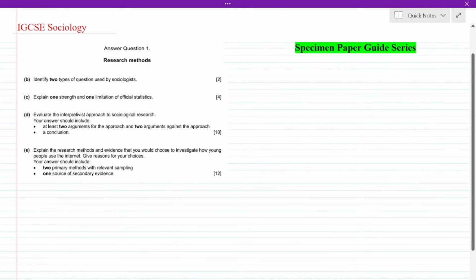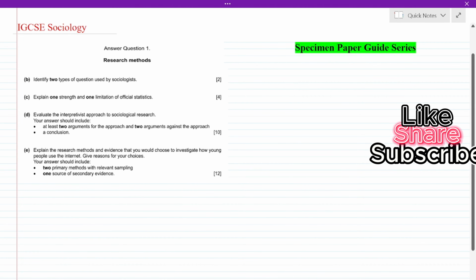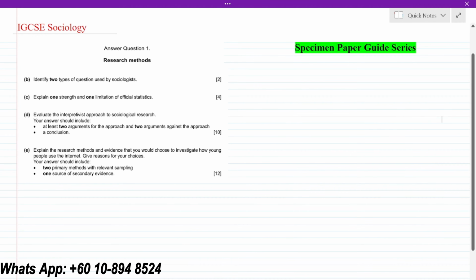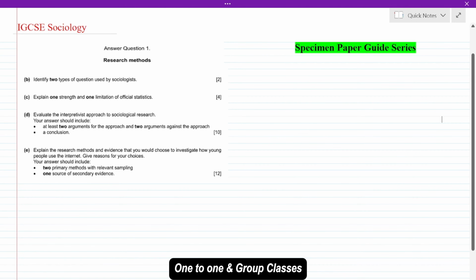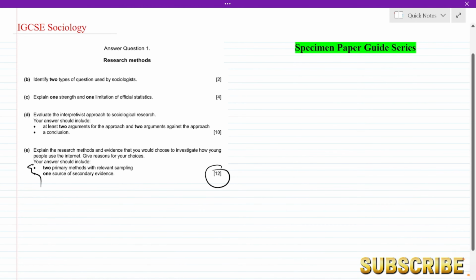So here we are at our last part of question number 1, and the last part E, saying that explain research method and evidence that you would choose to investigate how young people use the internet. Give some reasons for your choice, right? So your answer should include 2 primary methods with a relevant sampling and 1 source for the secondary evidence. So we have basically 12 marks for this question, and they have already specified what things we have to